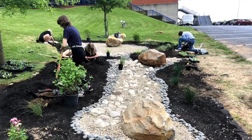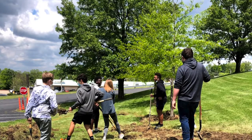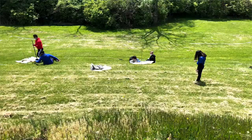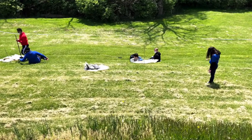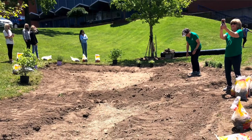And then we also implemented a rain garden, and I brought in other community members to help us with how do we design a rain garden? How deep do you make it? What are some adjustments that we need to make? What kinds of plants do we put in it? All of that. And that person was a person from SD1 in Northern Kentucky that came and helped us with